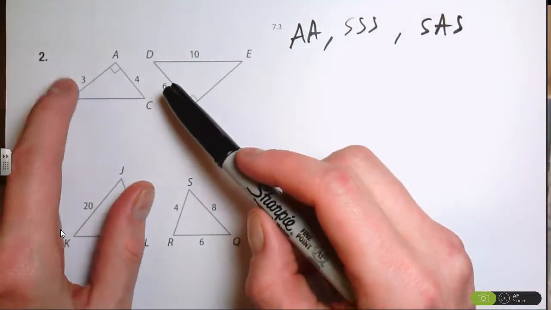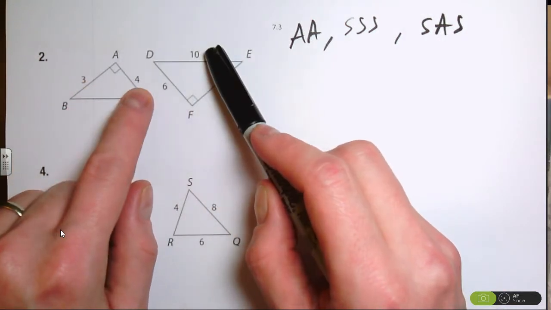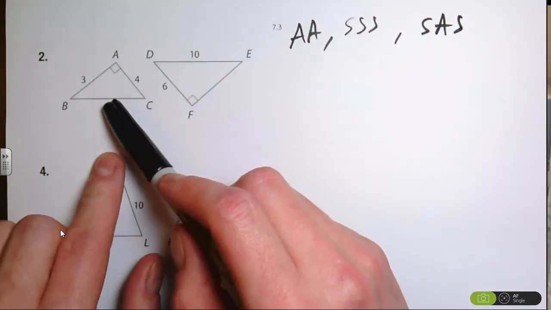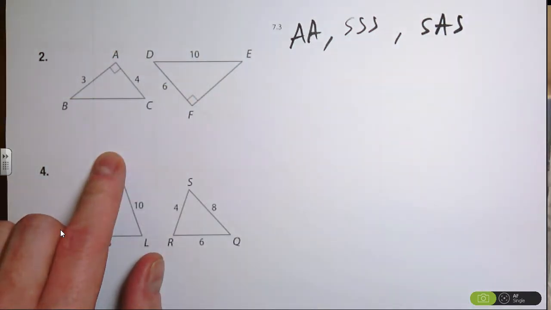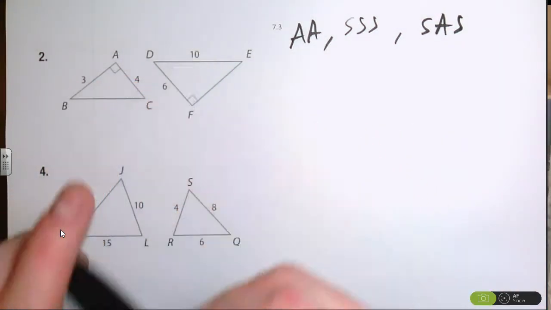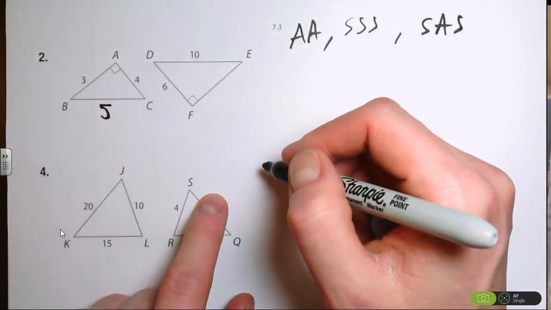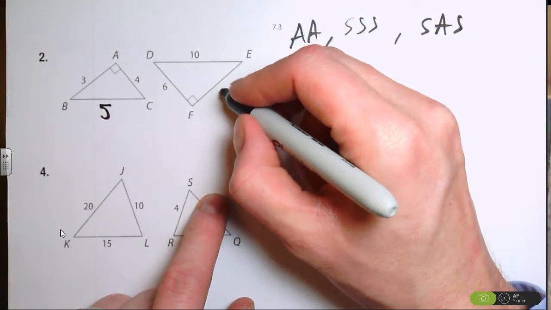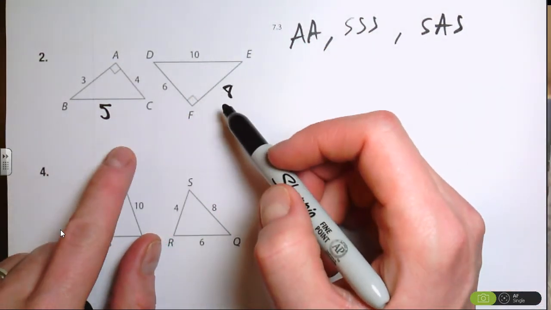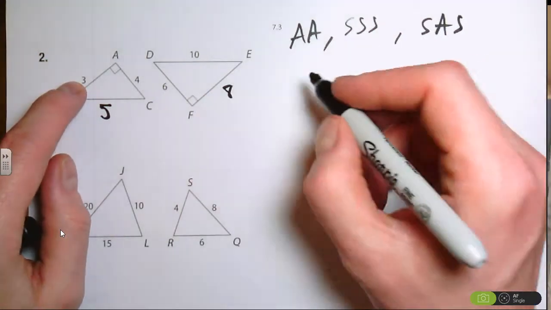And if you look at the side lengths, 3 to 6 is 1/2, 4 to 10 is not. Okay. However, this is a right triangle. So is this. So the book's being sneaky here because if you tried to do side, angle, side, it wouldn't match up. But if you do the Pythagorean theorem, BC has a side length of 5, EF has a side length of 8. Now I actually have all three sides, which means I can compare 3 to 6 because that's the smallest,